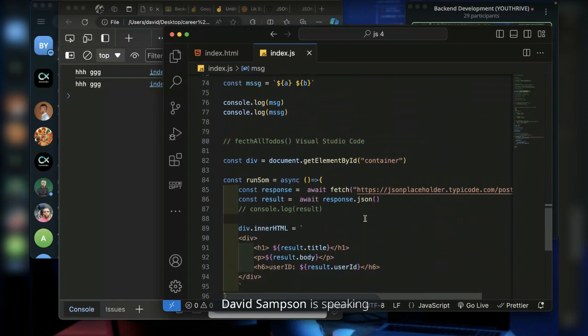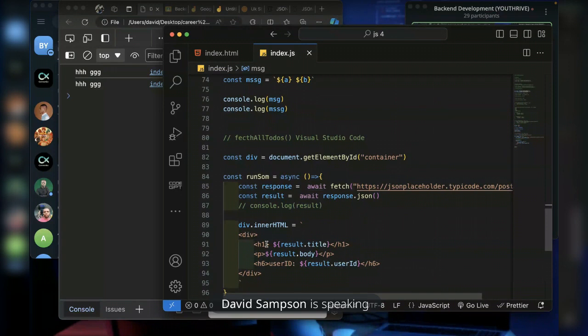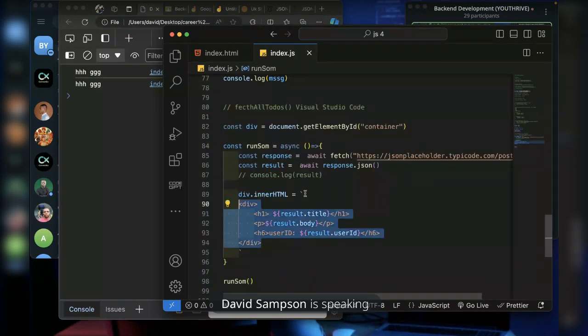But we can't do this. We can't add inner HTML without backticks. Because I'm trying to add inner HTML with backticks, to use a variable, you use dollar and curly braces. That's why I'm using dollar and curly braces to be able to use this variable that is coming from the back end. So I don't know if that has actually answered the question.